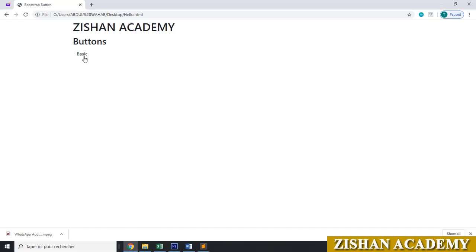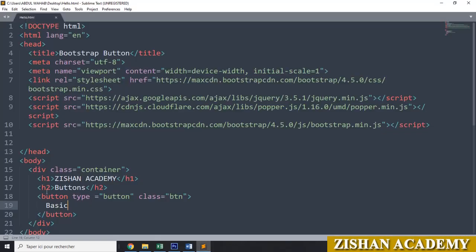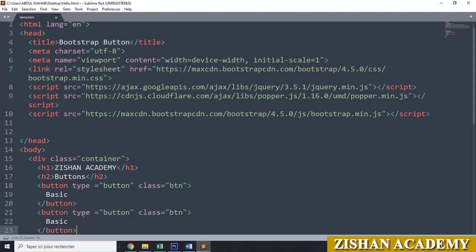For that we will go to the editor. We'll copy this button. Control C for copy. Then paste it here again. Then you will go for button type is equal to button, class is equal to button. Then you have to give it here button primary. I am giving here primary color.